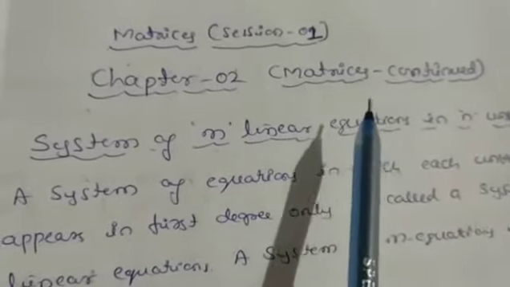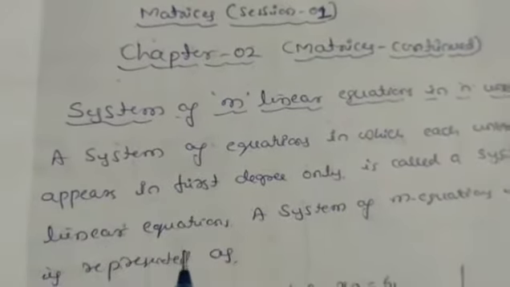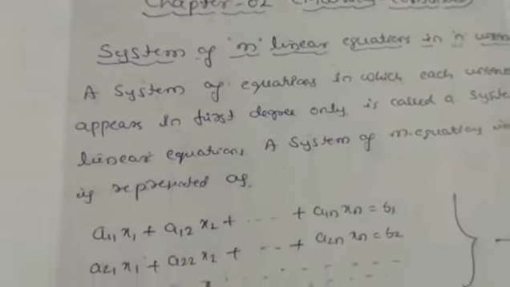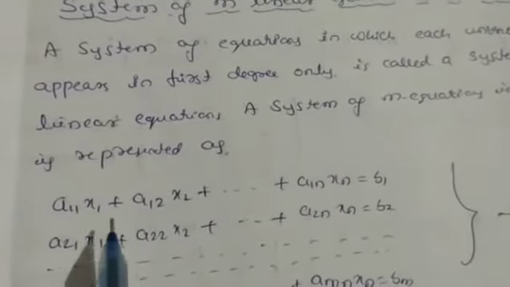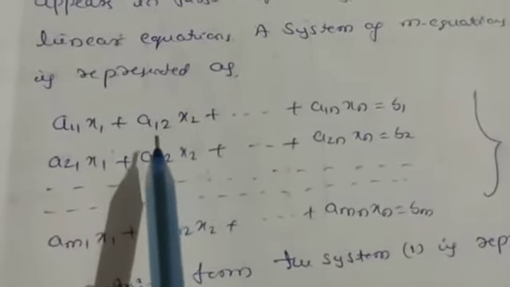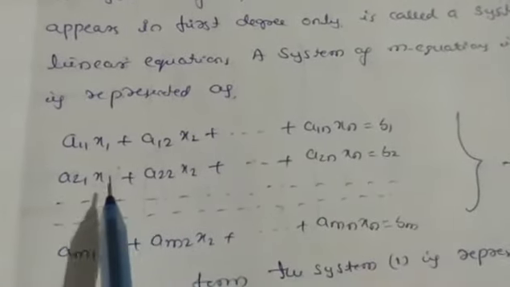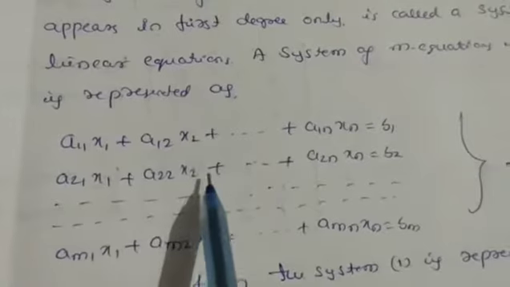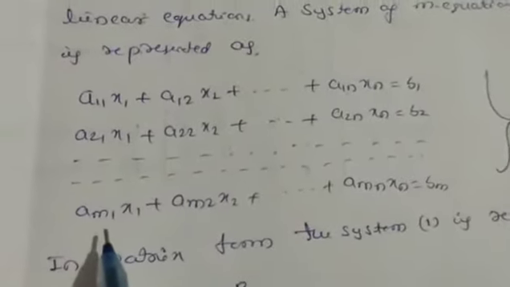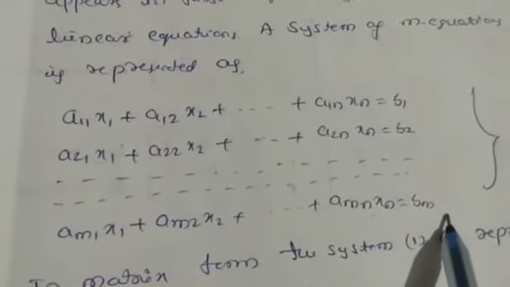The same thing, it is also matrices. So let us consider a system of m linear equations in n unknowns. Here it is a11 x1 plus a12 x2 plus etc. up to a1n xn is equal to b1. And a21 x1 plus a22 x2 etc. up to a2n xn is equal to b2. Like this we have m equations, that is am1 x1 plus am2 x2 etc. up to amn xn is equal to bm.